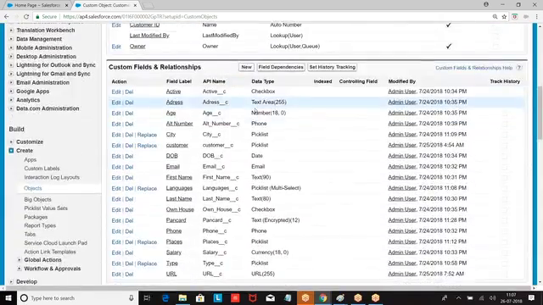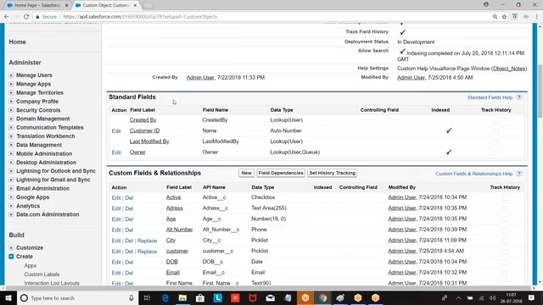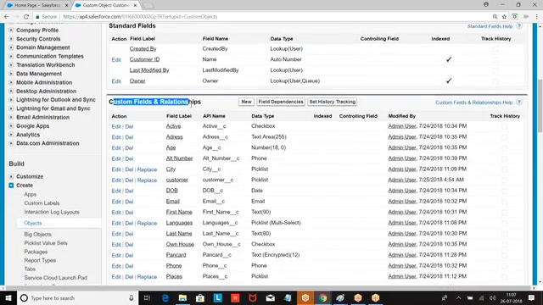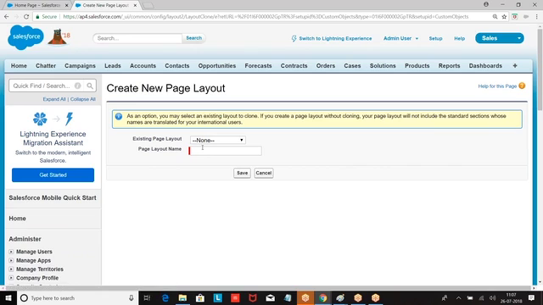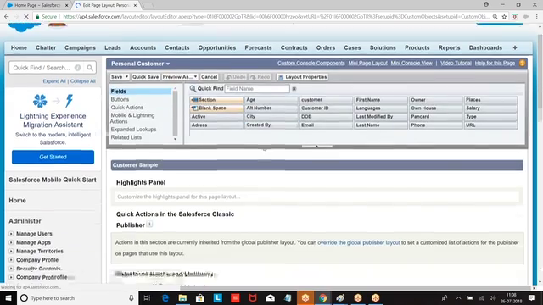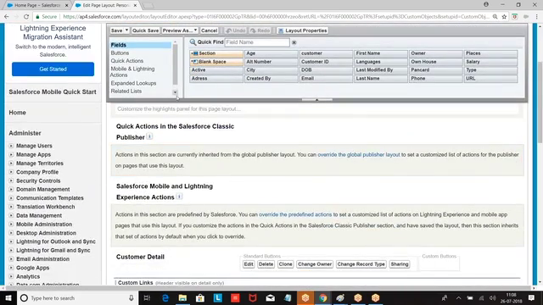In the customer object, you find standard fields and custom fields. Scroll down. Now I am creating a new page layout, and I am naming it personal customer. Then look at this: personal customer.